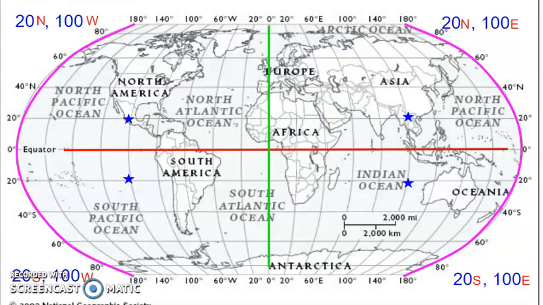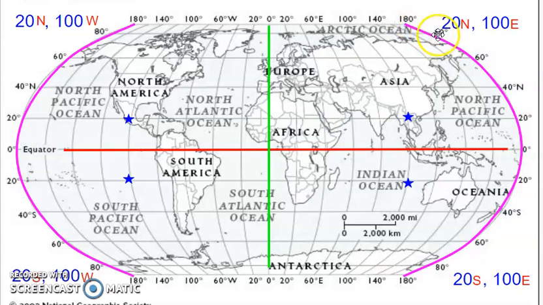Now, something I'd like you guys all to do is notice that everything over here should be labeled west. This is 20 degrees west, 60 west. There's a W here already. 100 west, 140 west. Everything over here is going to be east. 20 east, 60 east, the E's there. 100 east, 140 east. Everything above the equator is going to be north, so this should be 20N, 40N, 60N,